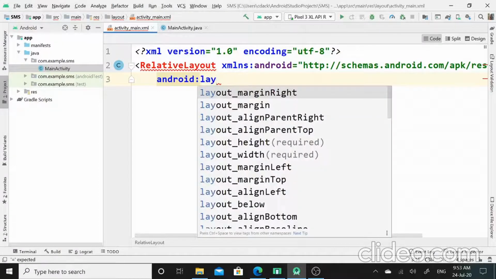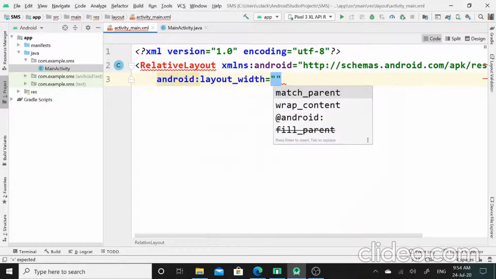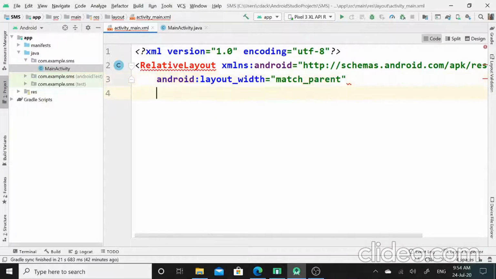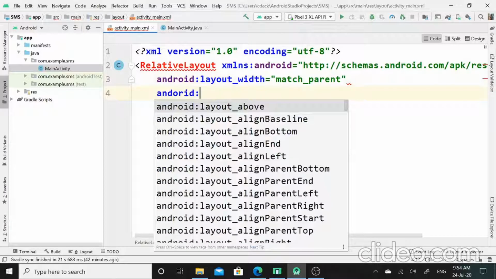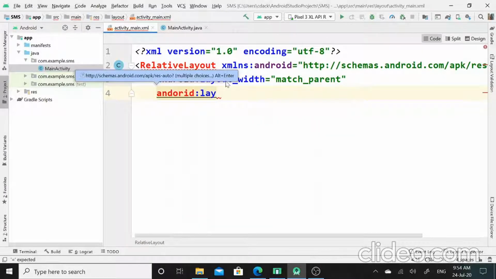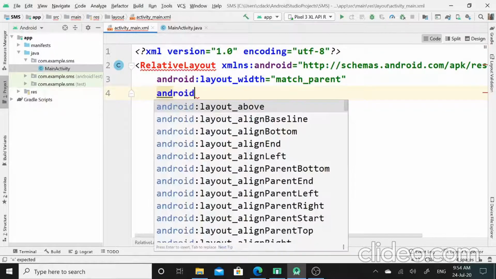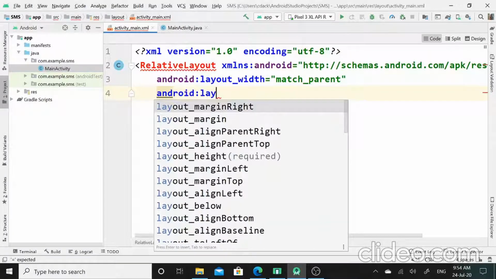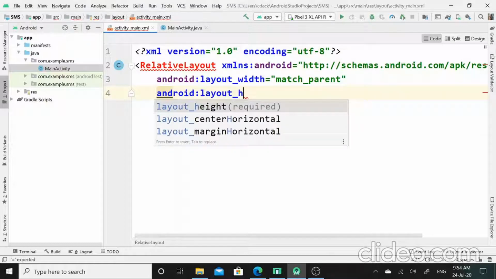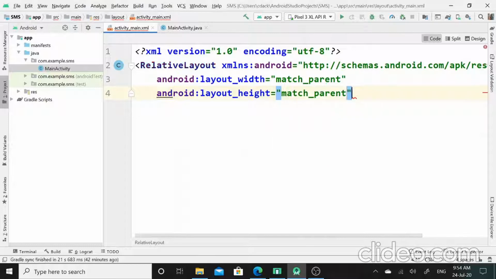Now I will set layout width, that is match parent, and now I will set Android layout height. It will also match parent. I will close this relative layout XML tag.